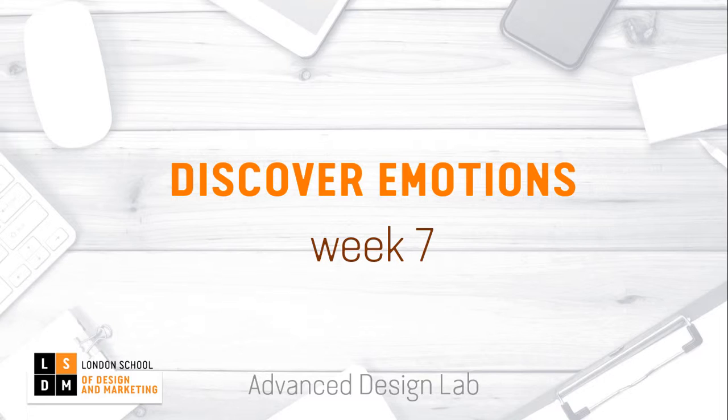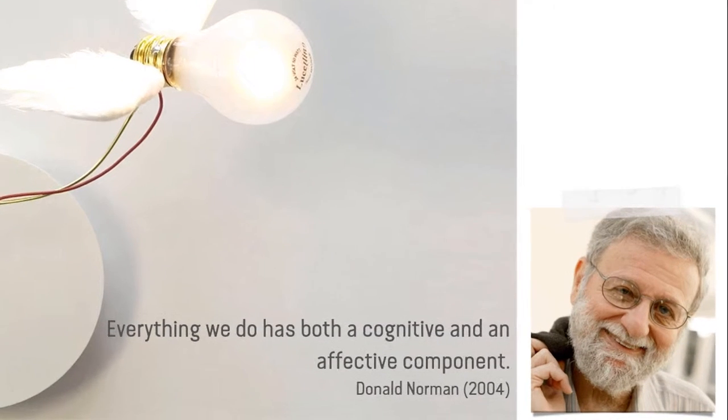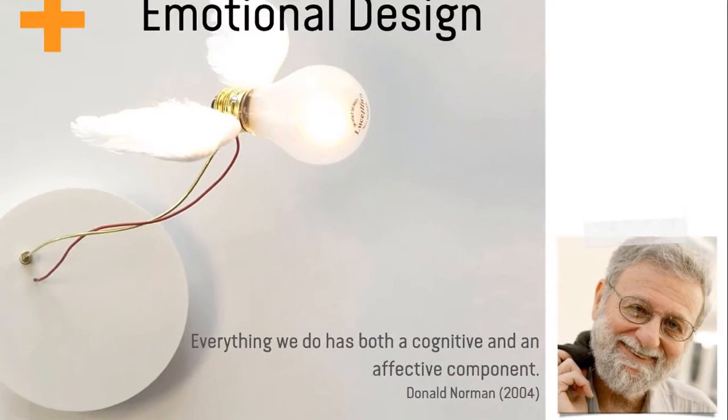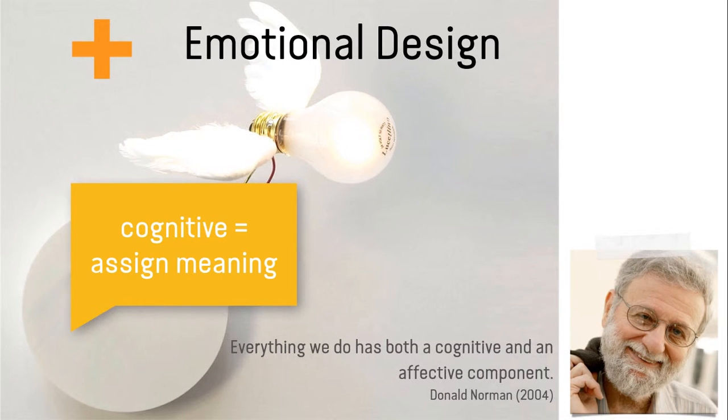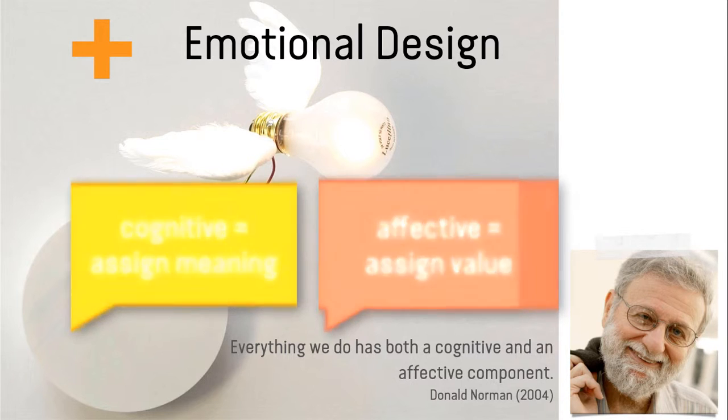We can only start by referring to Donald Norman, a well-known cognitive engineer recognized for books like The Design of Everyday Things and Emotional Design. Norman notes that everything we do has both a cognitive and an affective component: cognitive to assign meaning, and affective to assign value. Accordingly, emotions have an essential role in the human capacity to understand the world and in the way we learn